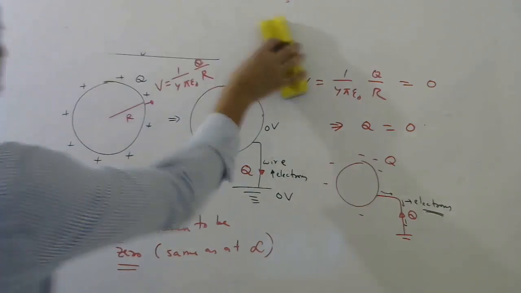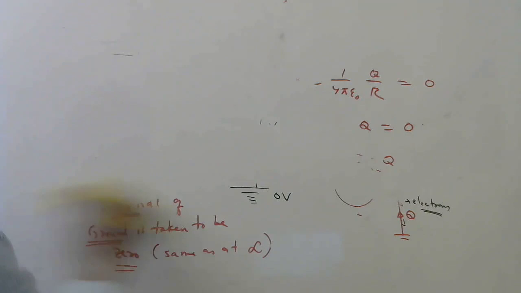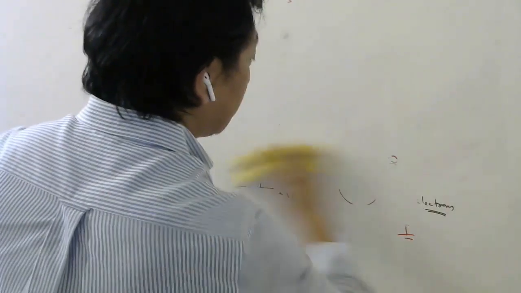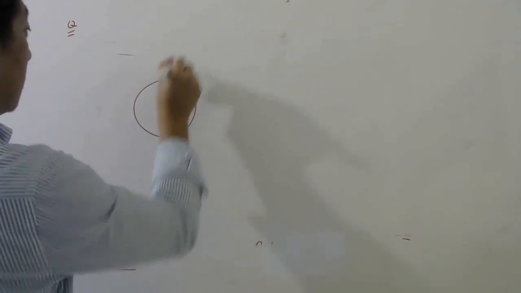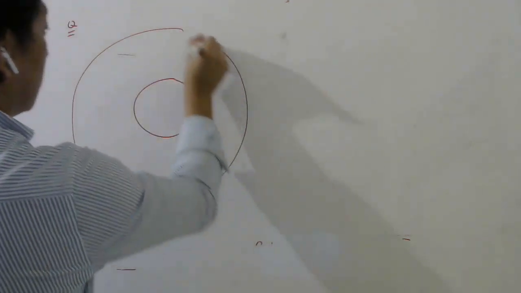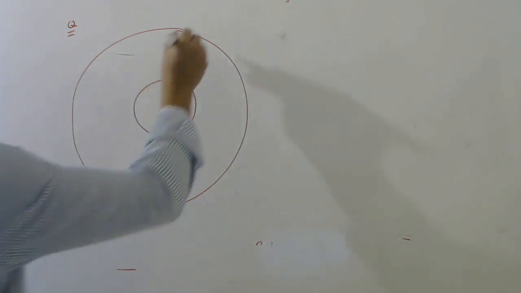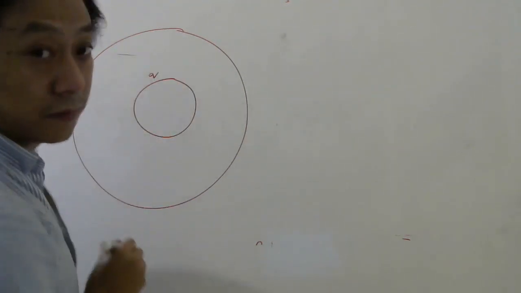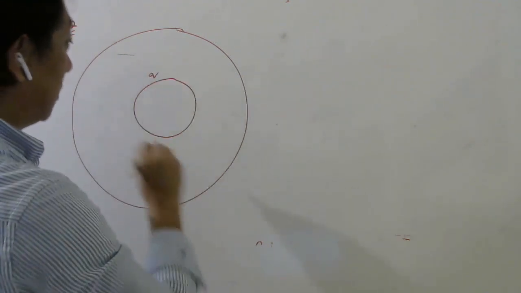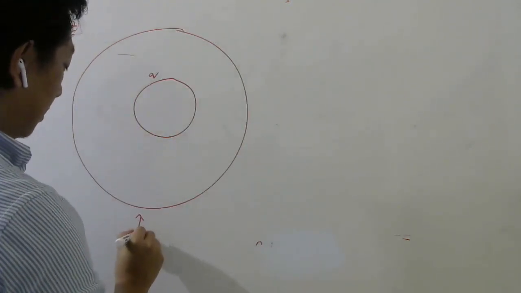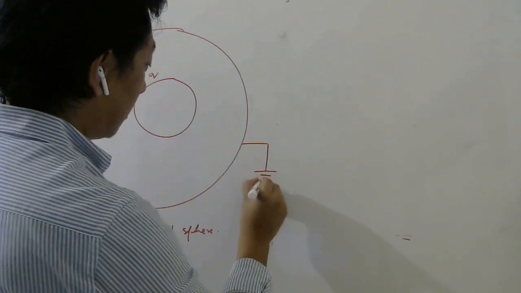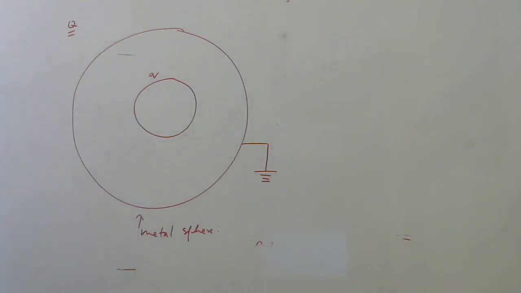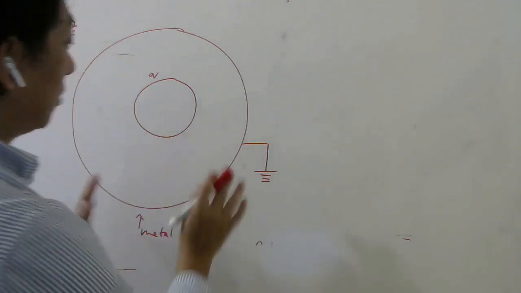Okay, students, so let us now see another very interesting effect of grounding. So let us say I have two concentric spheres. Okay, and let's say the charge on this is q. And these are all metals, all are metal spheres or shells. And let's say I say this is grounded. Now again the question is how the charges will distribute and what will be the story now.